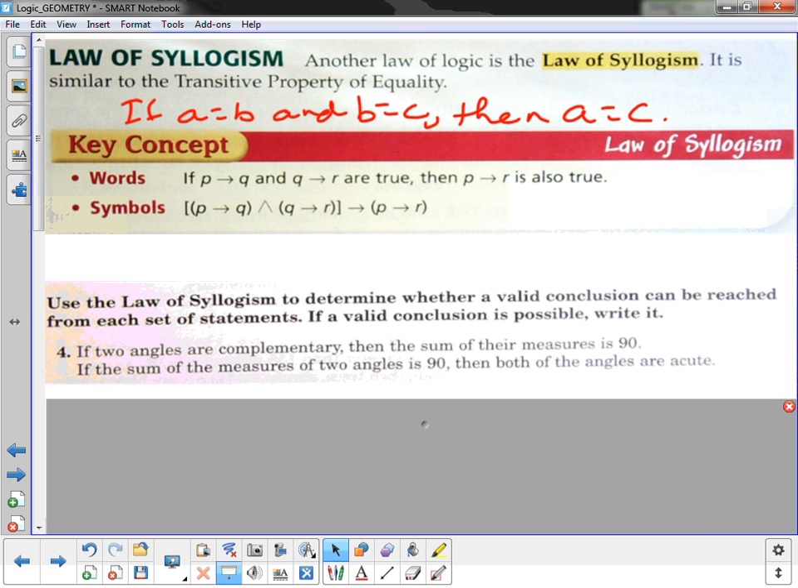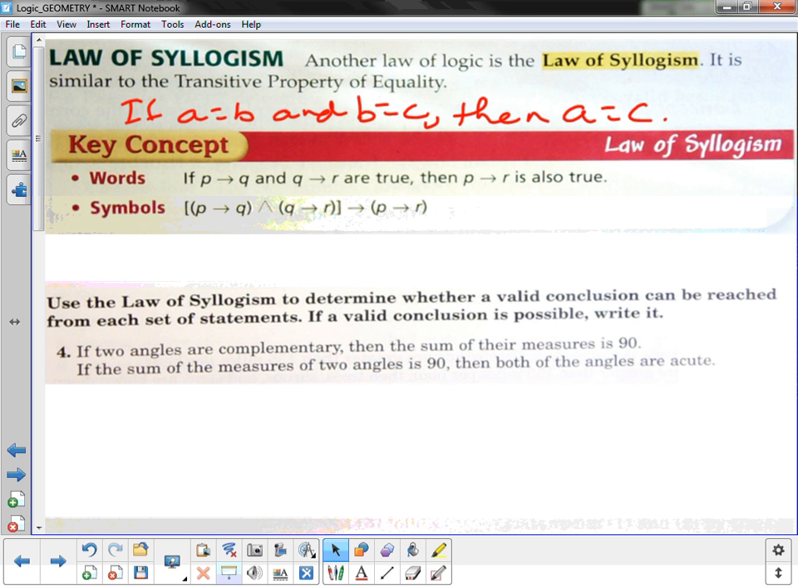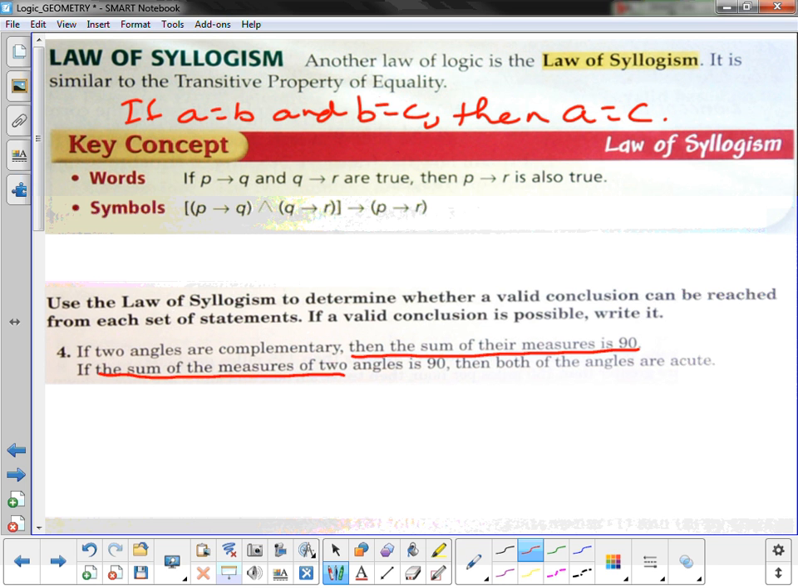Okay. Use the law of syllogism to determine whether a valid conclusion can be reached from each set of statements. If a valid conclusion is possible, write it. Okay, can we get a valid conclusion? So, our first statement is, if two angles are complementary, then their sum measure is 90 degrees. And if the sum measure of two angles is 90 degrees, then both angles are acute. So, what I look for here is, is the conclusion of one part the hypothesis of the next part? If that's the case, then we say yes, we have some valid reasoning here